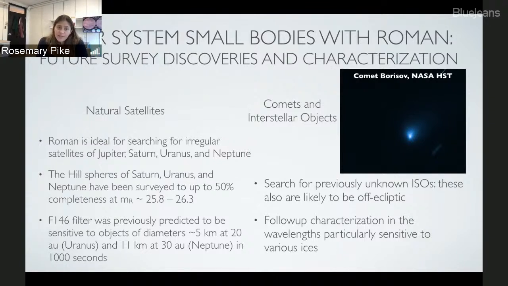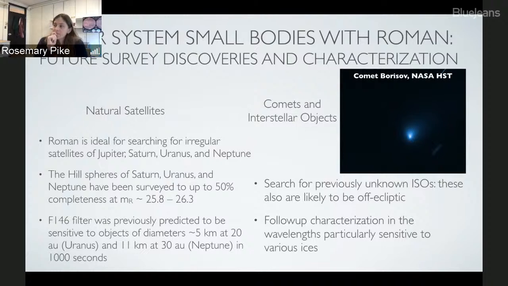So right now, the Hill spheres are only about 50% complete in terms of whether we know how many things are in them, and we could actually go to smaller sizes than previous surveys, down to about 5 kilometers or 11 kilometers, depending on whether you mean Uranus or Neptune. And you really only need about 10 to 100 pointings, depending on which of the giant planets you're trying to fill the Hill sphere of. So the wide field of view gives us a really great way to try to find these